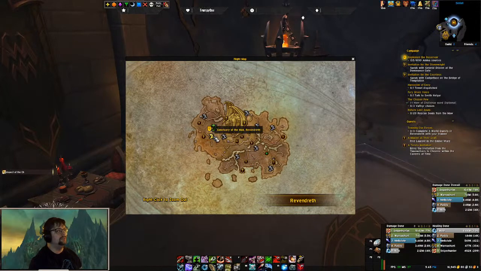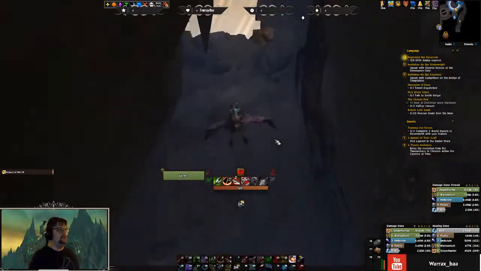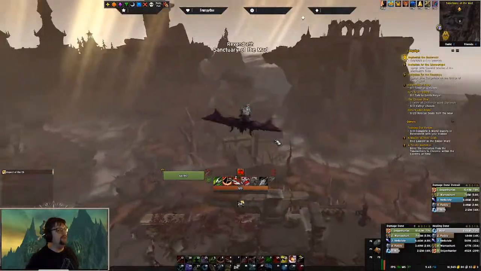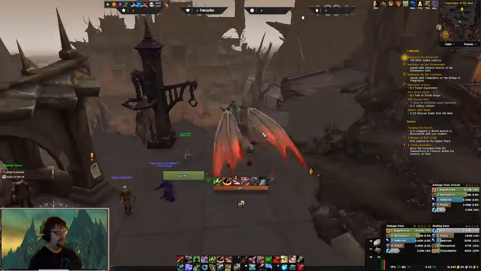It's going to be a situation where if your goal is, okay, we've got most of our utility covered in 2 DPS, so we have our Time Warp in the mage, we have